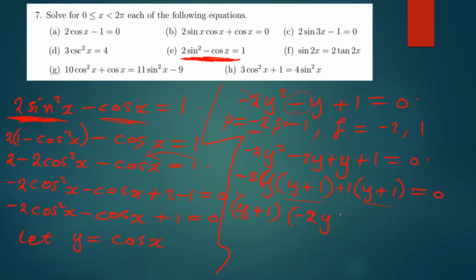So this is what we have. Then you say plus 1 there, then you close the brackets, which is equal to 0. And then you equate this and that to 0 so that